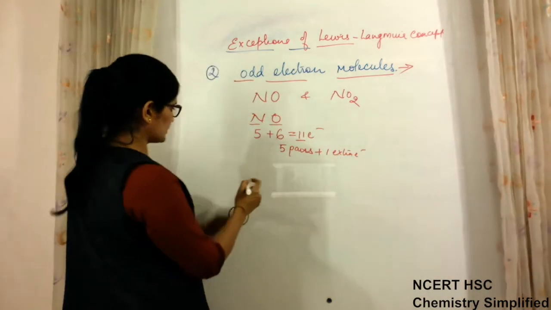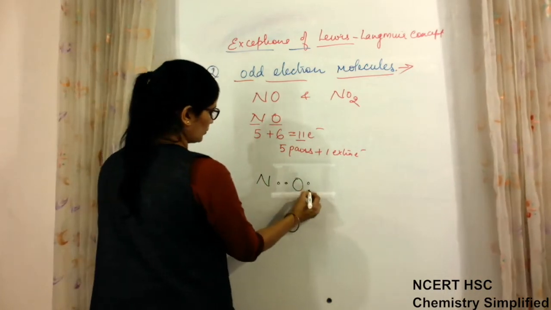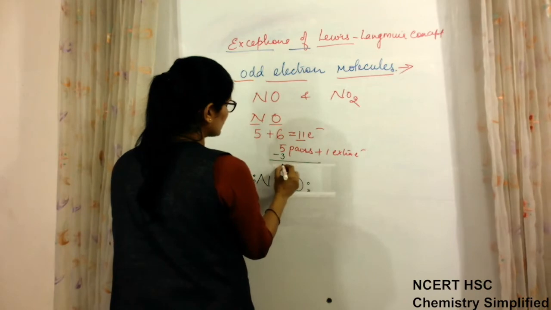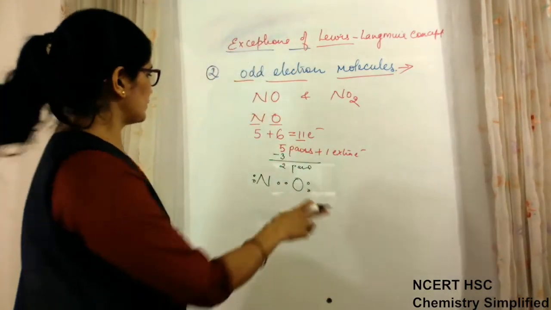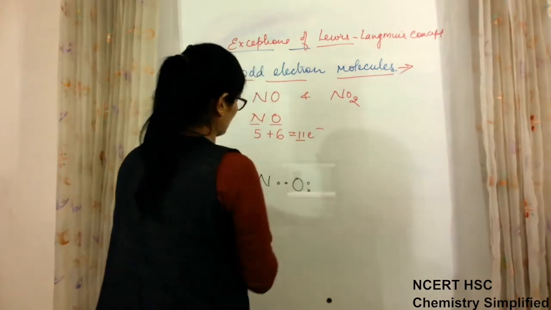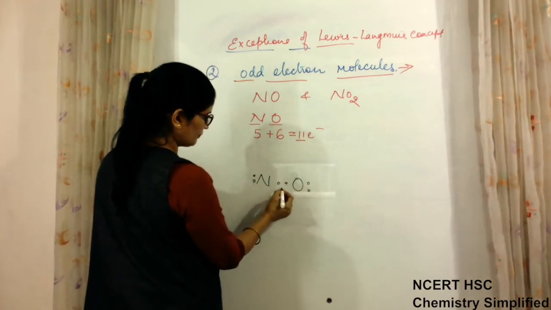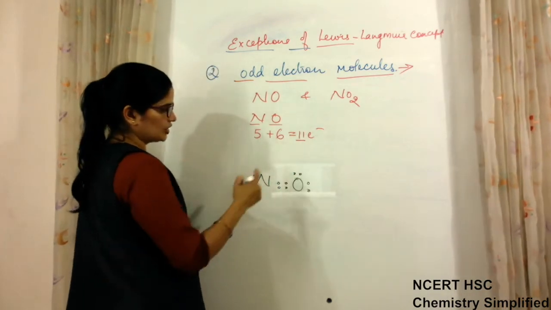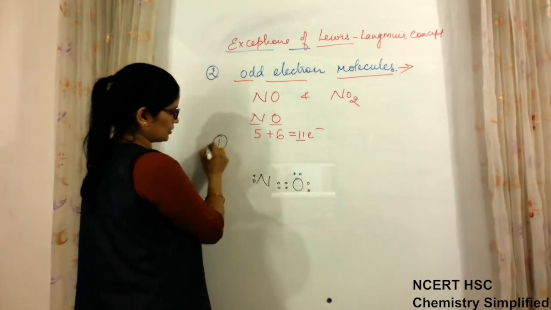Now let us see here nitrogen, oxygen, 1 bond pair, 1 lone pair, 1 lone pair. Out of 5 pairs I have distributed 3. Now 2 pairs more are left and I have to complete the octet of both of them. 2 pairs and 1 extra electron is still left. Let us see those 2 pairs how we can divide. 1 pair I will place this side, 1 pair I am placing there. So all 5 pairs are distributed. 1 extra electron is left.